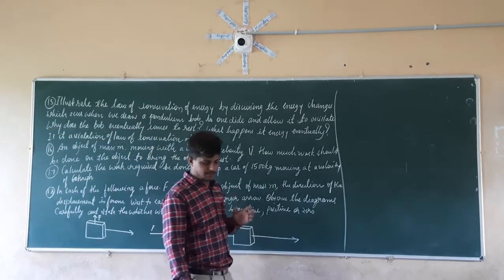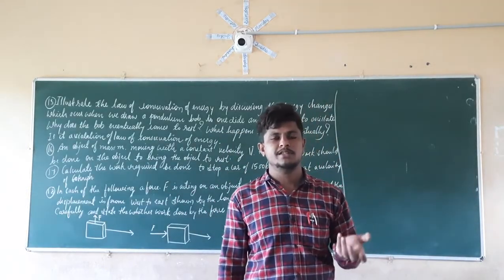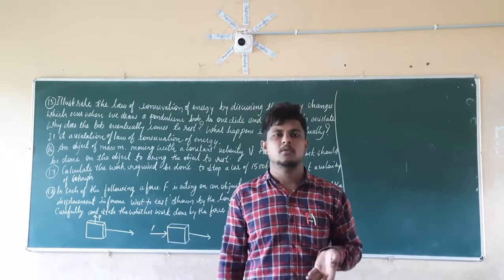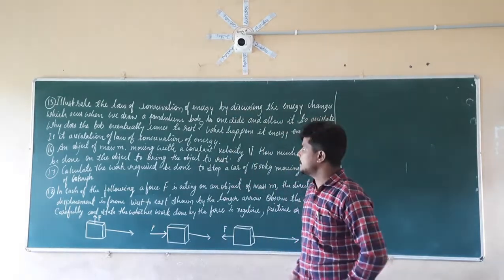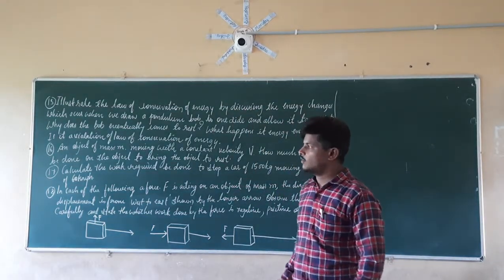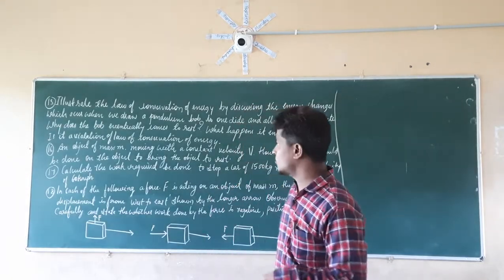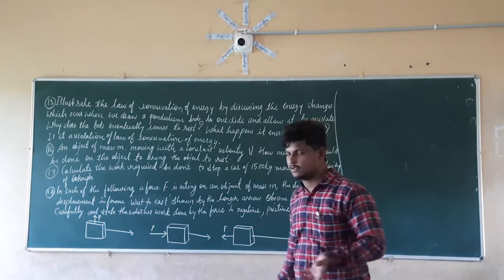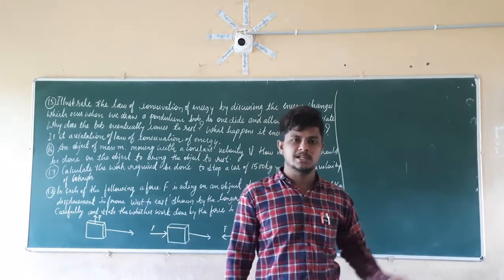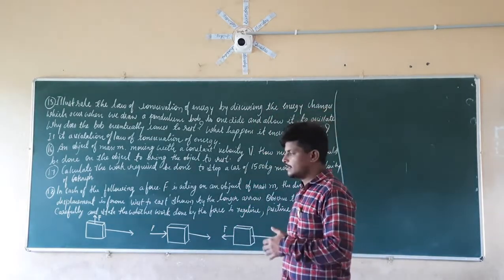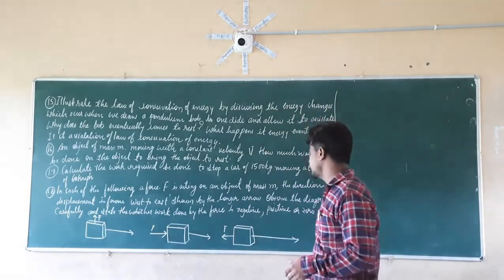In this question they have given a pendulum bob. By using that pendulum bob, we have to study the conservation of energy. Second, in that same question, they ask why the bob eventually stops. In the third question, they ask what happens to the energy eventually. Whatever energy is consumed by that bob, what is going to happen to that energy? And the last, is it a violation of the law of conservation of energy? We are going to see that by doing an activity here.